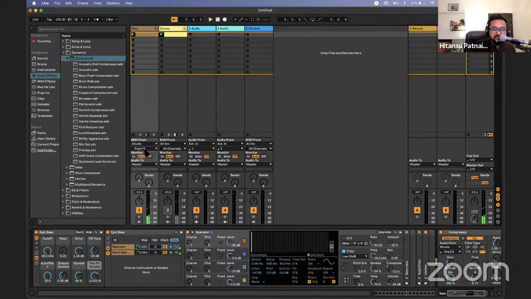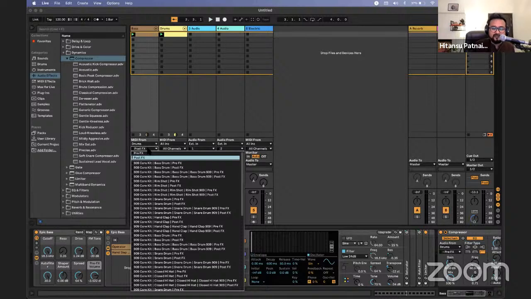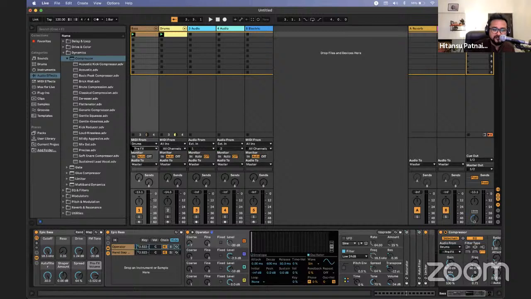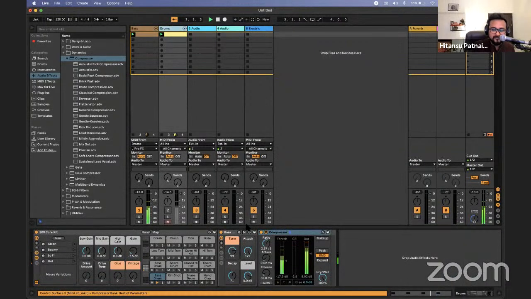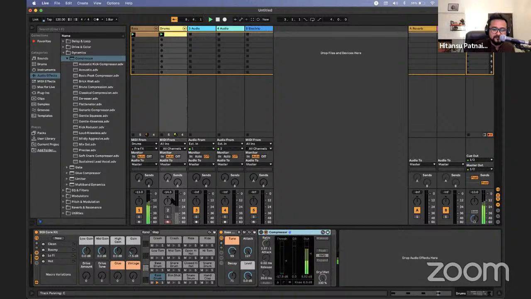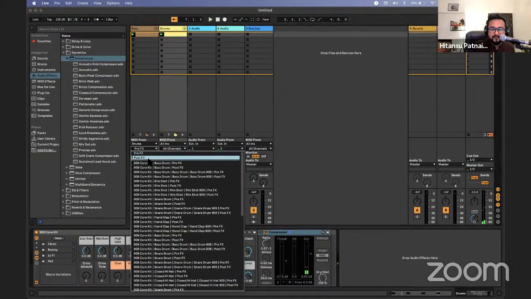So the moment when I choose post effects, this is what is happening. And again, you get the 3 modes of it: post effects, pre effects. So if I choose pre effects, and in the drums, you listen to that. Let's say I just get my